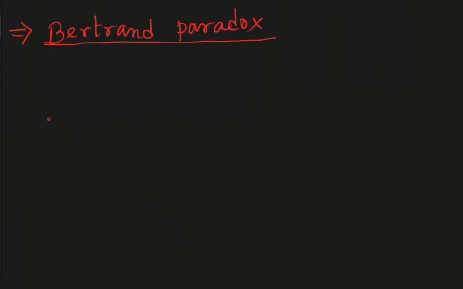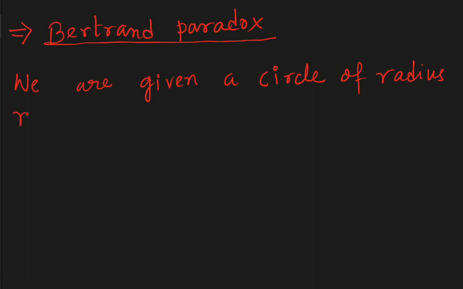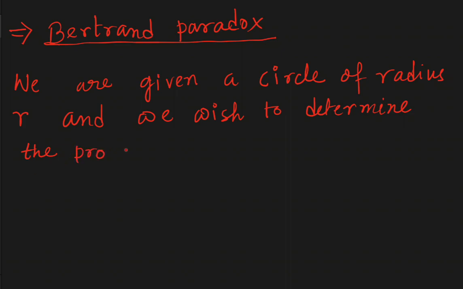We are given a circle of radius r and we wish to determine the probability P